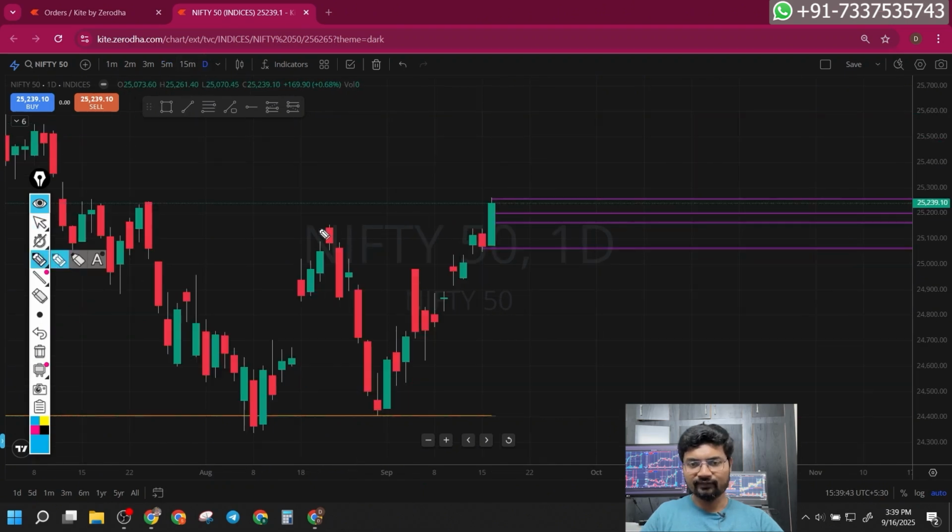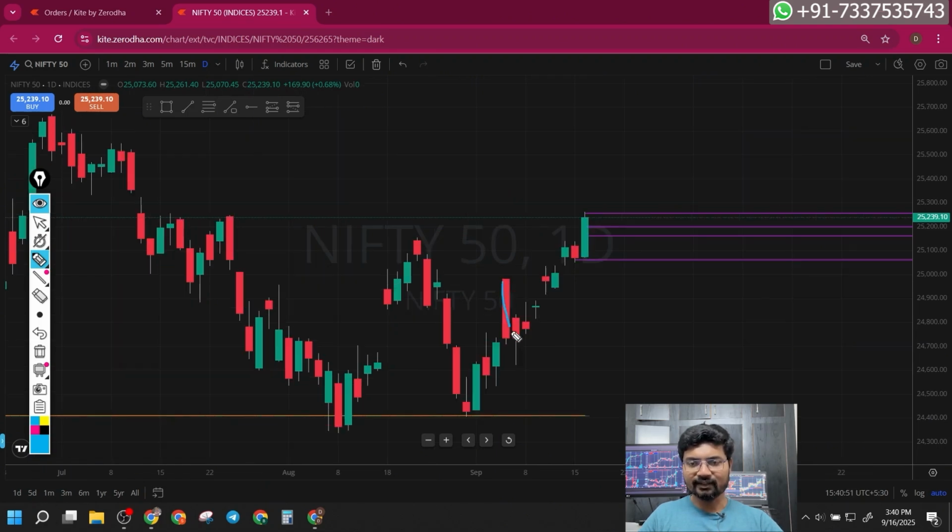We have been planning for this breakout for a long time, and this breakout happened today with a big green candle, a decent candle, and the trend is also clear and clean in intraday. Tomorrow we can expect a bullish move if it opens a gap up or a flat opening. I'm expecting a gap up opening because the trend consolidated here for a long time, and these are small candles with the consolidations, and there is a proper breakout today.